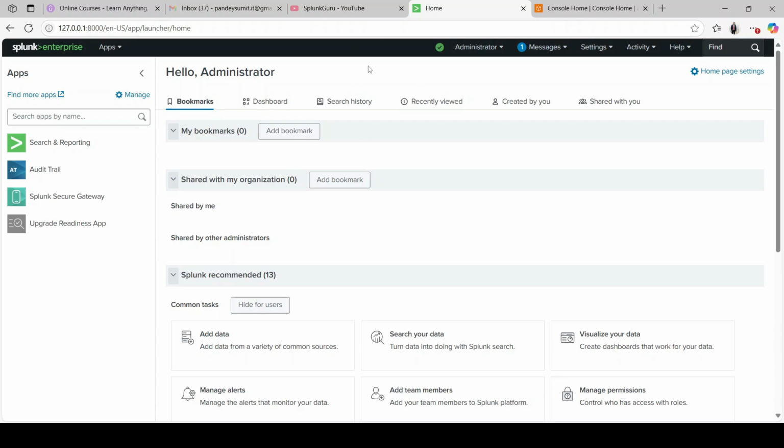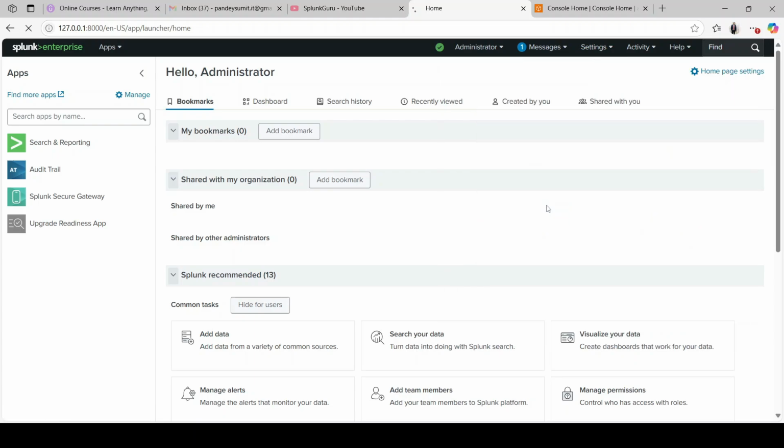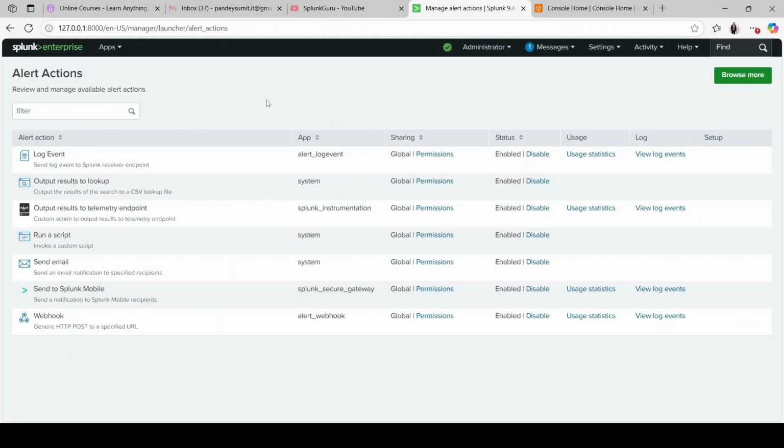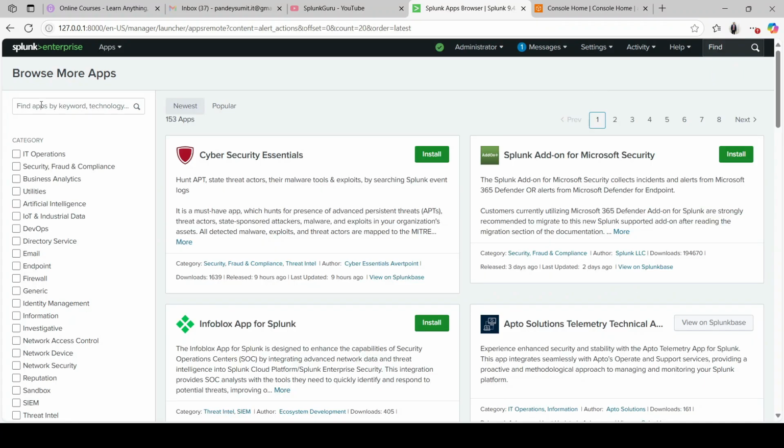So if you see here, I have already installed Splunk on my local machine. And if you go to Settings, go to Alert actions, these are the default alert actions you get, like sending email is one of those. You can configure webhook. In order to send the alerts to the S3 bucket, we will have to